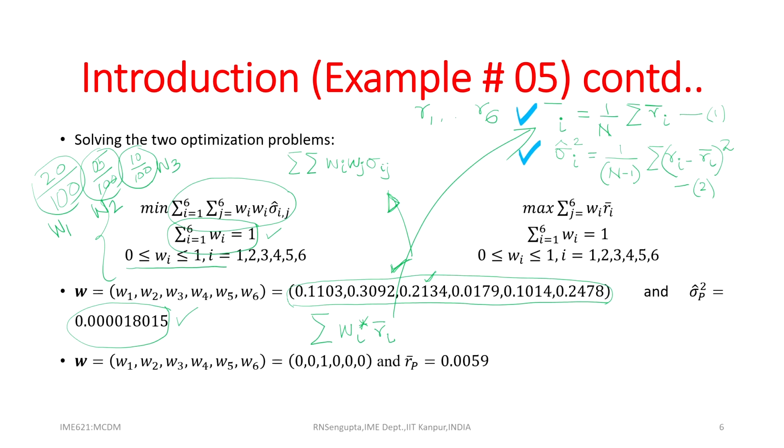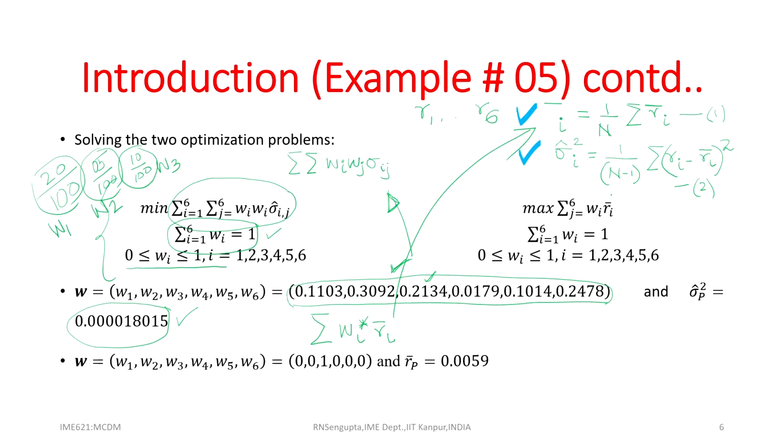Now, having said that, let us consider the second problem, which is optimization of the return, and here we are trying to maximize the return, not minimize it. Here risk was to be minimized, return was to be maximized. Again, based on the concept, the weights add up to 1, and weights are always between 0 and 1. If I put it in the formula and solve it, the simple optimization one, and by the way, this is of 6 dimensions, so it is not possible for us to visualize.